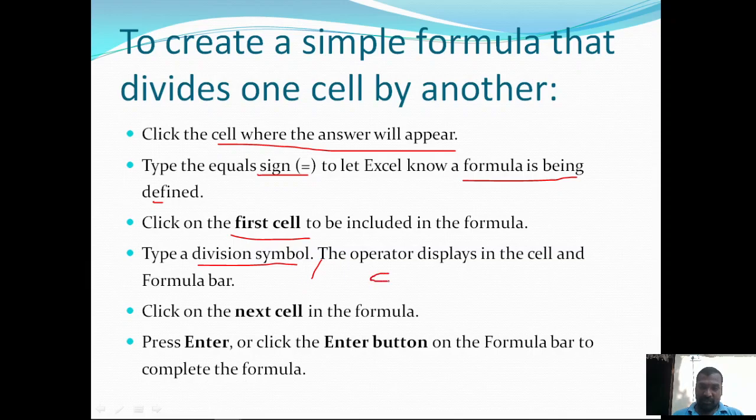Press the shift key along with the 0 button, and it is going to display this division symbol. Then click on the next cell in the formula, then press enter or click the enter button on the formula bar to complete the formula.